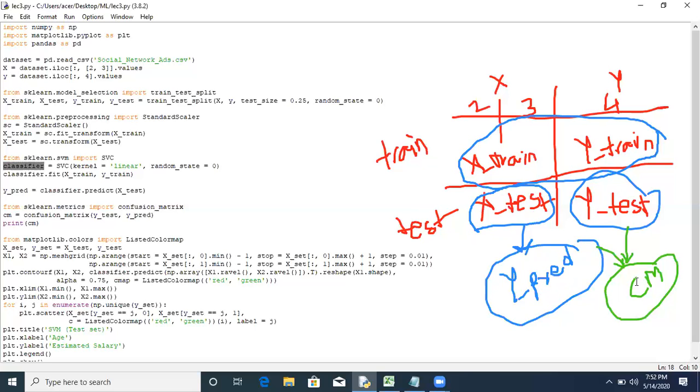So we will use a confusion matrix for that. What is a confusion matrix? You just visit our previous lecture to know about the confusion matrix in detail. Now the same thing we are doing here. We are using from sklearn dot metrics import confusion matrix, and then we are printing that matrix. And the last part we have already discussed in the previous class. Please refer to our previous class, which is on logistic regression, to know more about this plotting, how to plot.